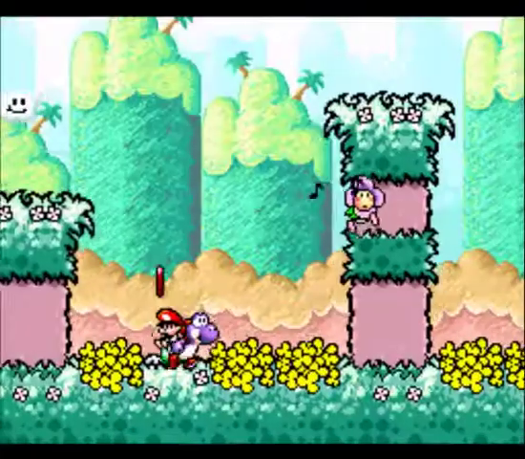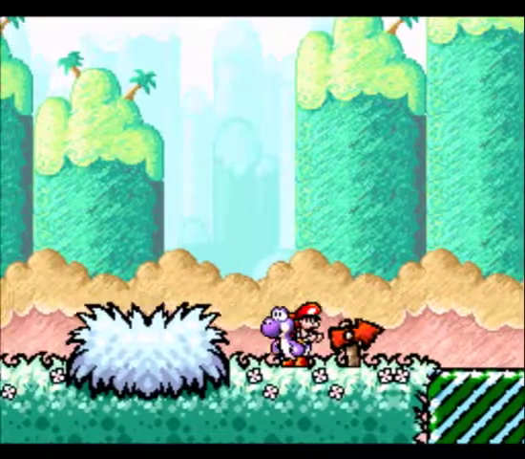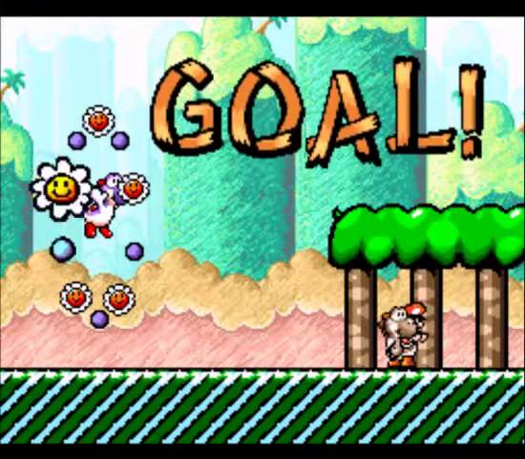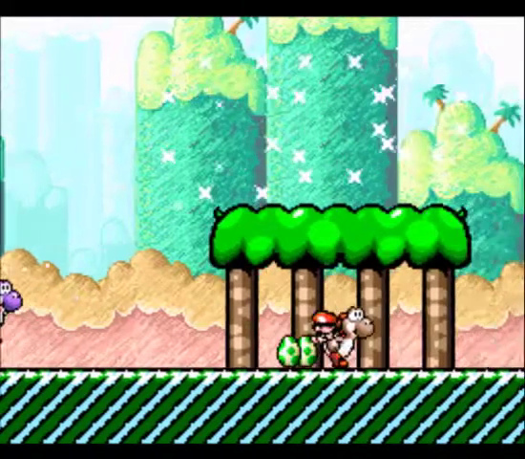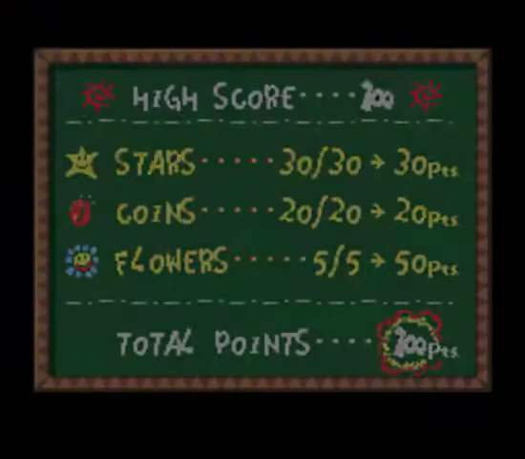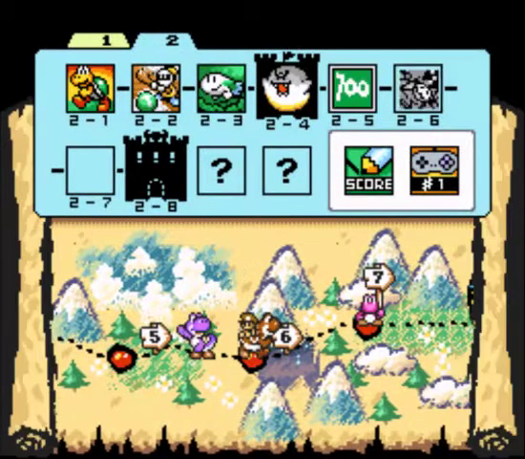How am I doing on... There's the 20th red coin. There's a bandit in this bush, so let's not go in there. Even though I did have that question mark, it's possible I could lose more than 5 stars if I got careless, so better not to risk it. 2 eggs. Lovely. So, 2-5. It was pretty short. Enough going on to keep you busy, but...